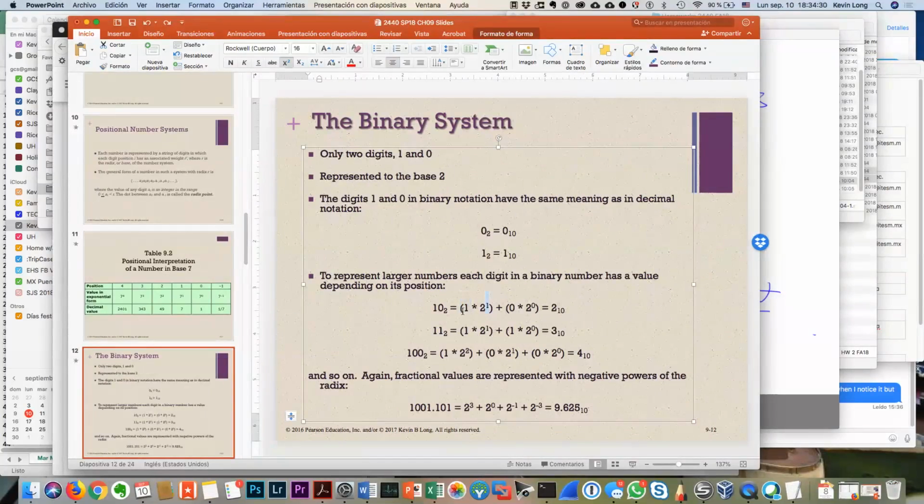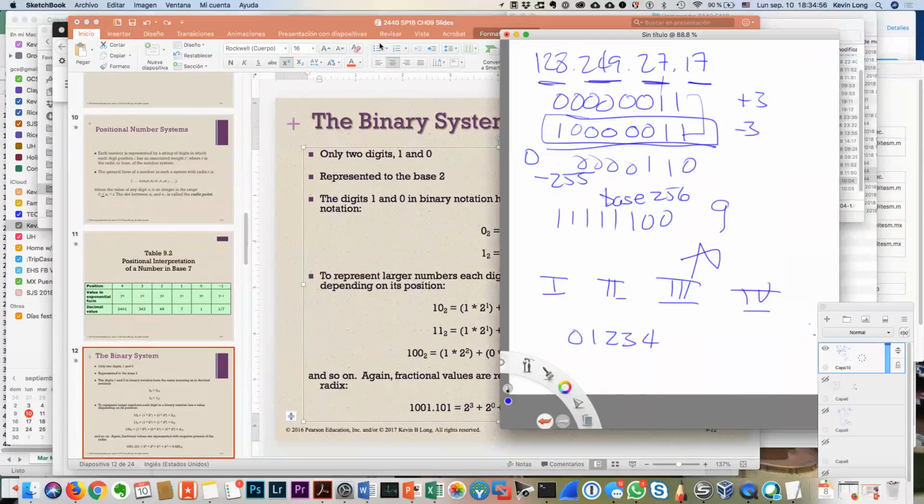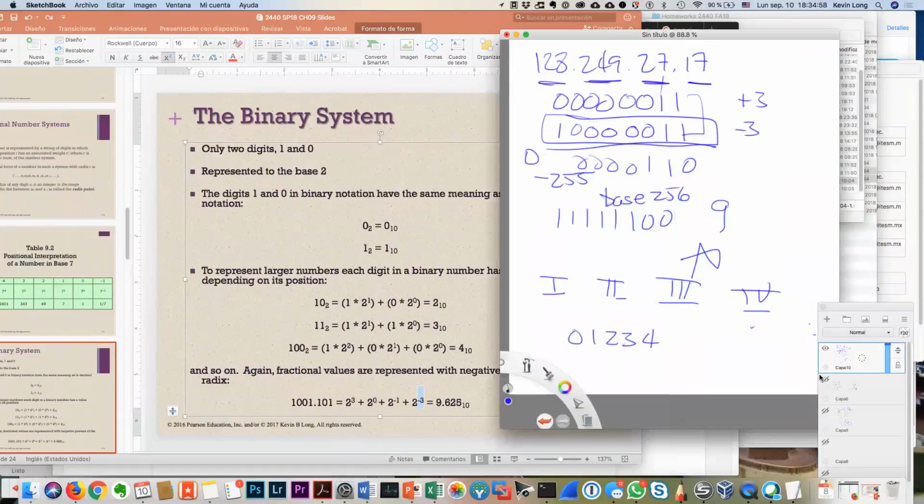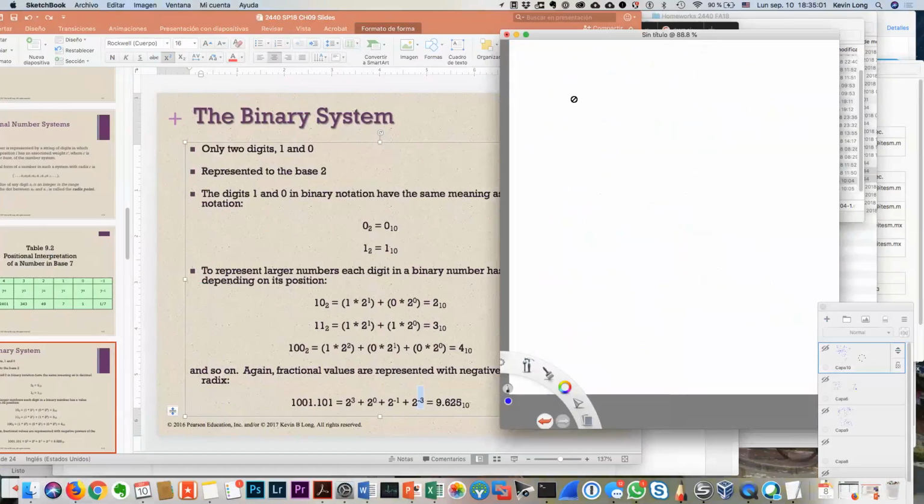So this means take 1, shift it left by 1, and then take a 0, and don't shift it at all. If I have a number with a fractional part, I'm going to say take a 1, shift it 3 times, take a 1, shift it 0 times, take a 1, shift it 1 to the right, take your last one and shift it right 3. I left all the zeros out on this one. I don't like that. The way I would have drawn this example of 1001.101,